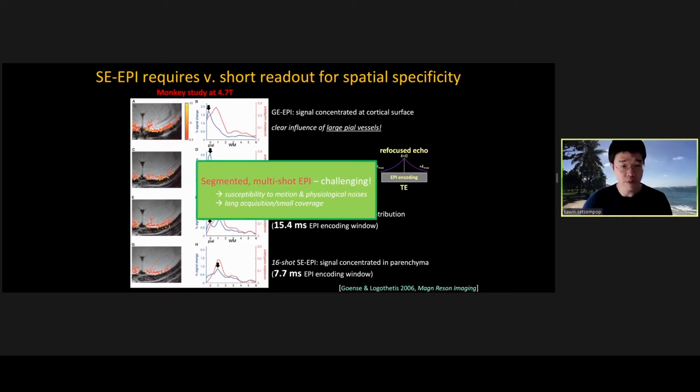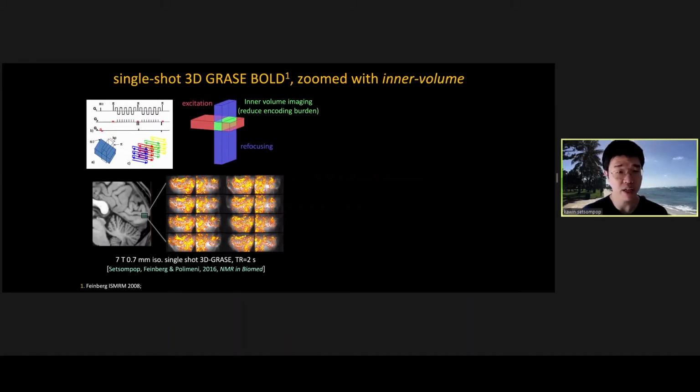So with spin echo EPI, it's important to do segmentation and multi-shot, which is challenging, leading to susceptibility to motion and physiological noise, as well as long acquisition time and small field of view coverage. Nonetheless, some really nice work has been done with T2-BOLD, particularly with 3D GRASE sequence, where with 3D GRASE, you do a slab excitation and refocusing in orthogonal planes, so you can do a zoomed imaging with a reduced volume. This helps reduce the encoding burden, allowing you to have shorter EPI readout after each refocusing pulse so that you have less T2* contamination. You've been able to get nice results with the zoomed